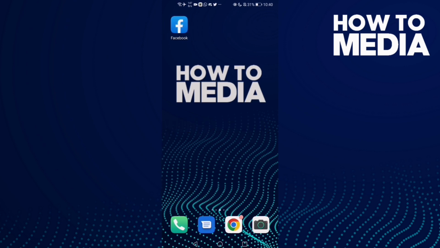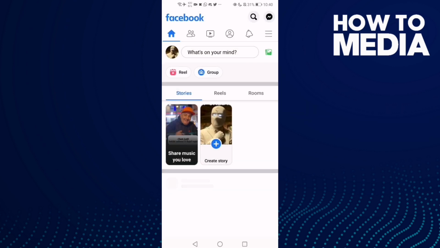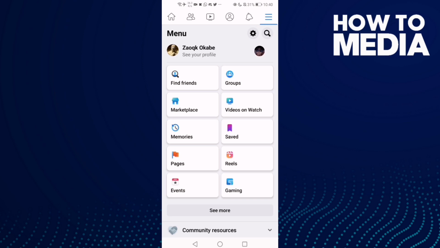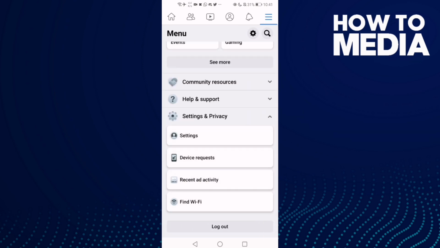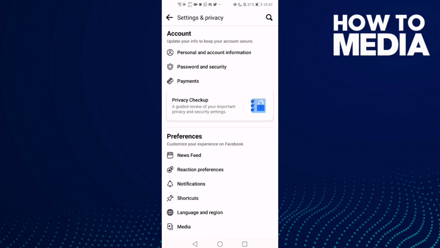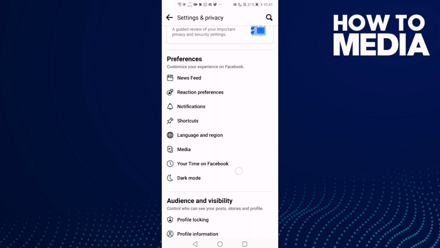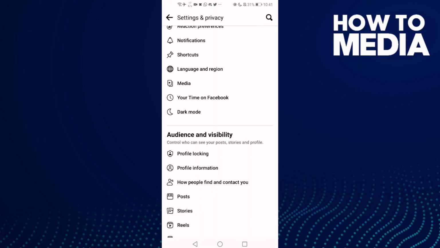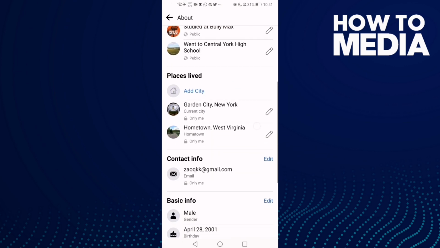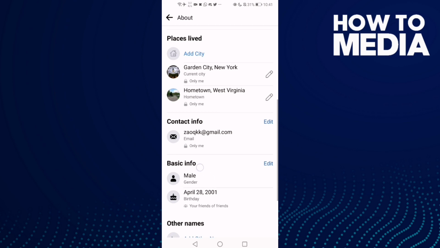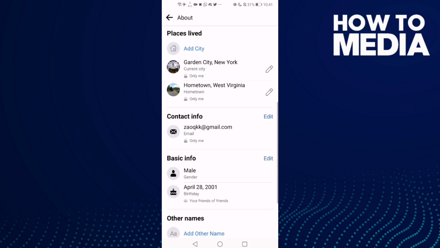First, we're gonna go to Facebook and click these three lines here, and go down until you find settings and privacy. Now click settings, and then go down again and you will find here profile information. Click on it and go down until you find basic info. Click edit,